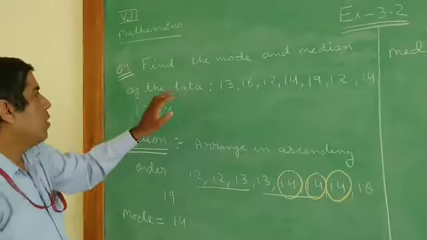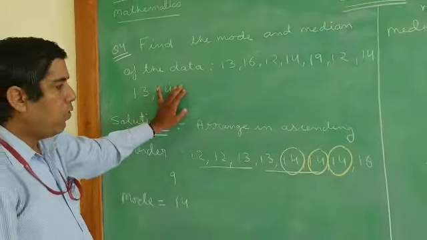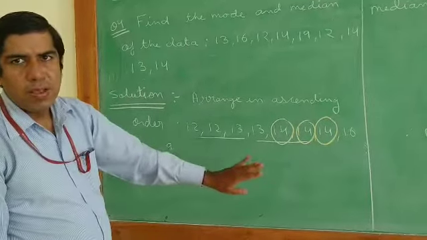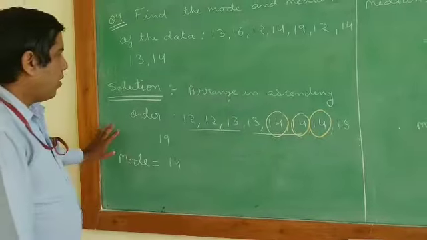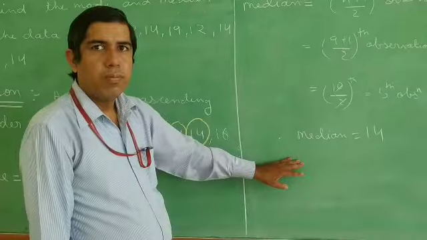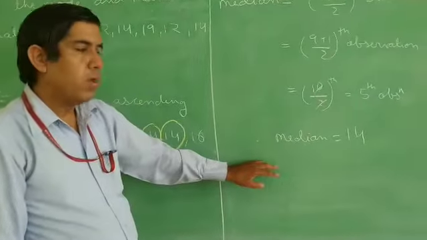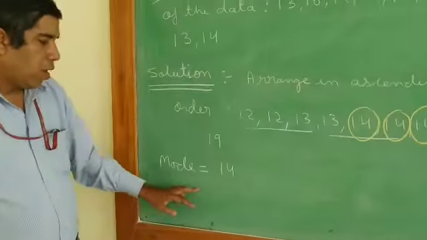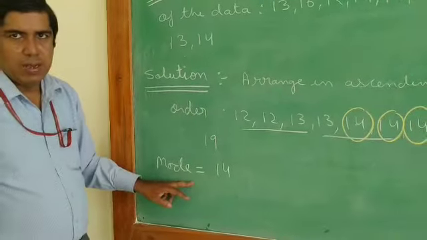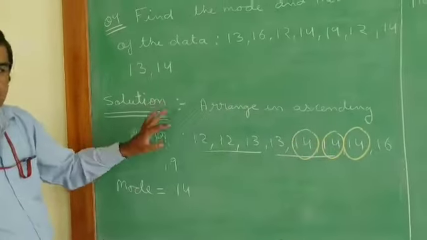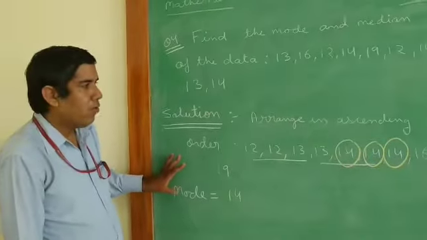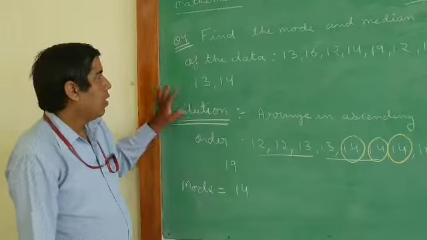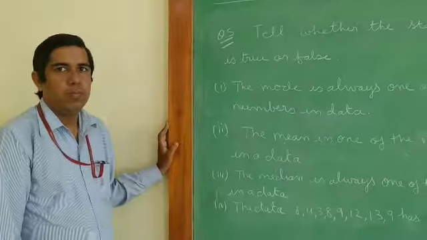See the question, what is asked. Find the mode and the median of the data. Only you have to find the mode and the median. Let me explain once again to you. Arrange in ascending order. Now you can see here median is 14 and mode is how much here? It is also 14. And I think this question is over here. If you have any doubt, you will see. But I think almost all the doubts are over of this question. Question number 4 completes here.